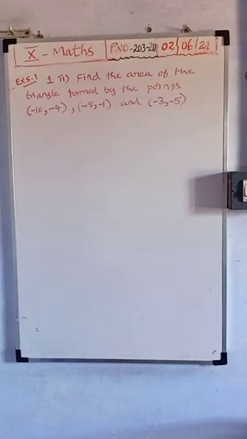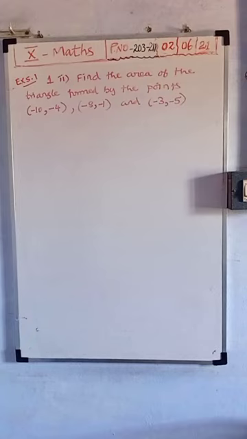The points you want to choose in counterclockwise direction. That means anti-clockwise direction, not clockwise. Opposite to clockwise you want to choose. Then only the area of the triangle you will get as positive. Always we want to get area as positive. Suppose you choose as it is, we will get a negative value. Area we will get negative. Here surely area we cannot get negative. So always area will be positive there.